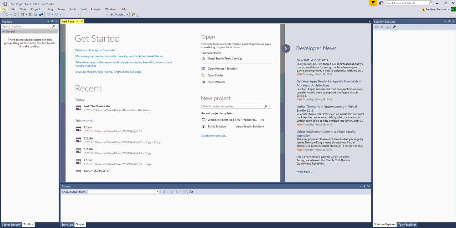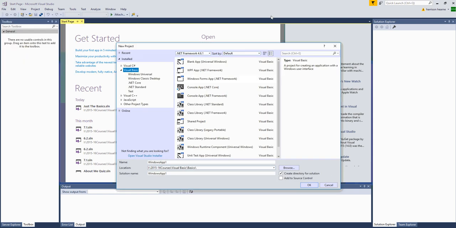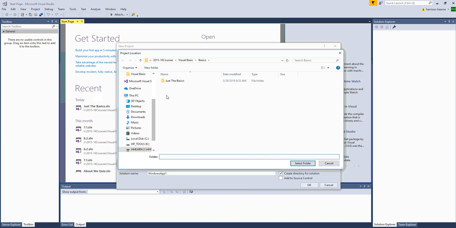So let's go ahead and file, create a new project. Once again, make certain you have Visual Basic selected. Let's make certain we have Windows Form selected, and let's make certain this is going to our iDrive, which it will not be the default. So I'm going to browse into our iDrive, and I'm going to create a